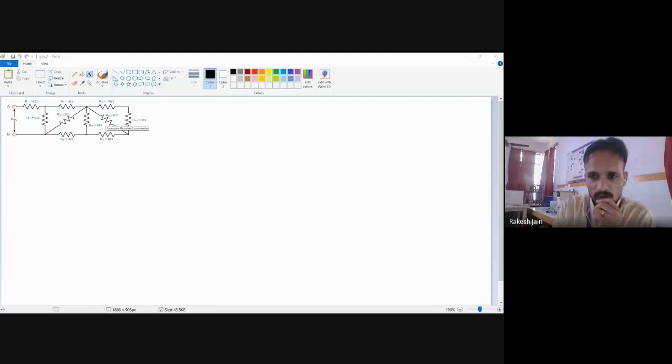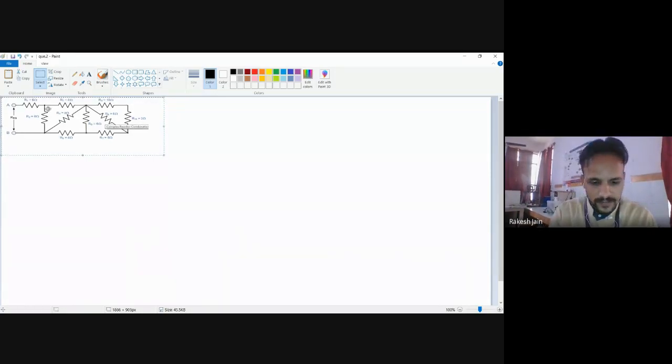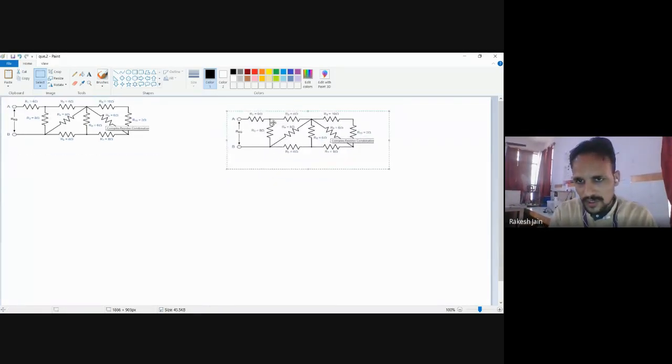So let's suppose we have to find out. Now see, this is a very good numerical. You have to find out what is the total value of resistance. In each step I am going to teach you, and you will see carefully. You have to find out the value of total resistance of this question. First of all, we just see here.